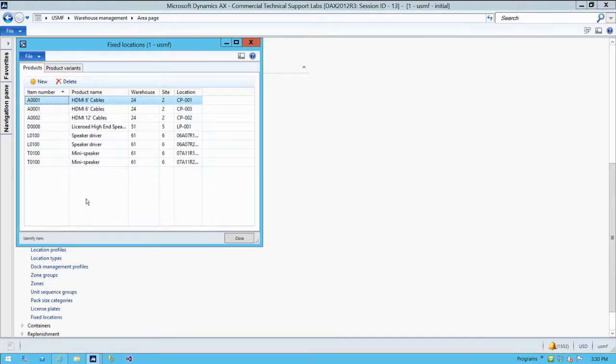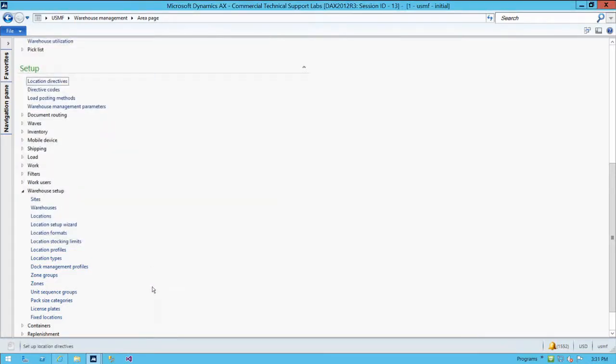Now those are only going to be relevant if we make use of them in our location directives. So we're going to get into that configuration here in a bit. But before we do, let me take you through location stocking limits. So if we look under Warehouse Management Setup, Warehouse Setup, Location Stocking Limits,